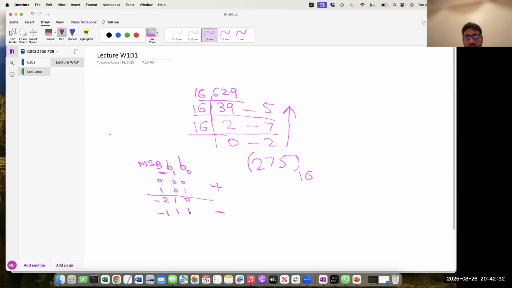So the range will be, on the negative side, -2, and on the positive side, 1, right? And this is basically equal to 2 raised to power n minus 1,